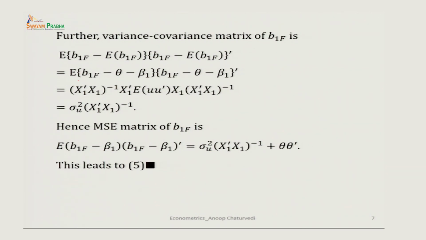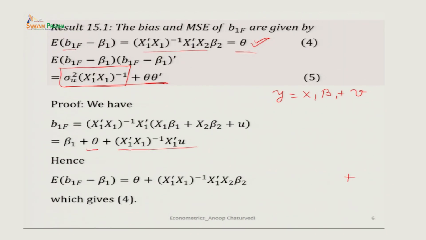So, we get the expectation of B 1 f minus theta minus beta 1, times B 1 f minus theta minus beta 1 transpose. And then from here we obtain B 1 f minus beta 1 minus theta equal to